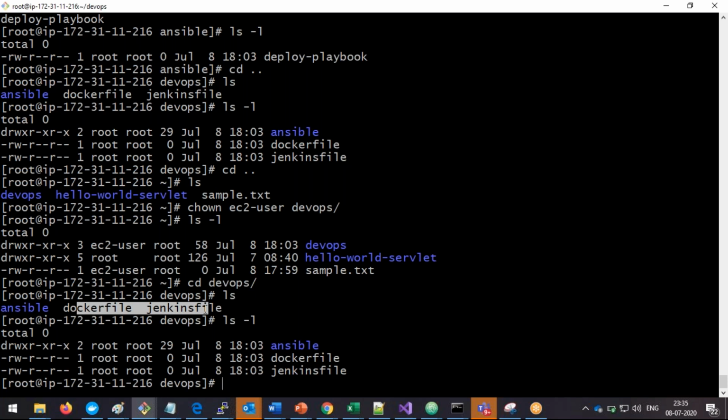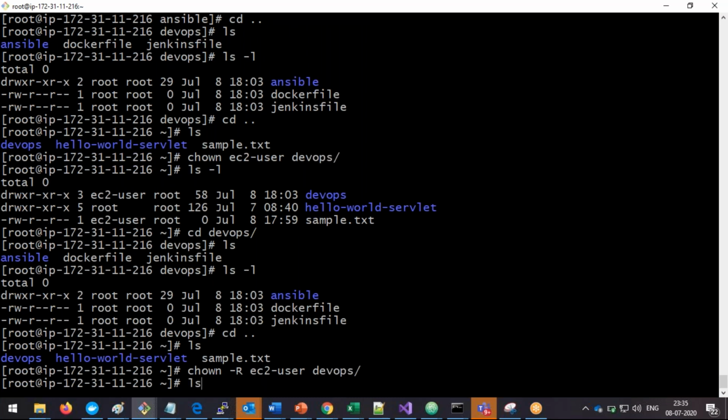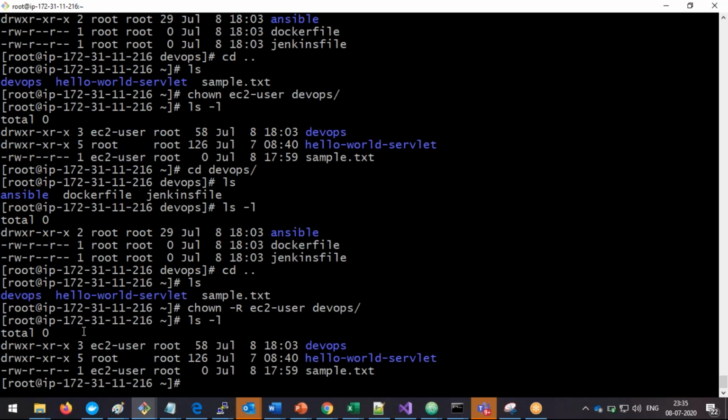So now what you can do, come out to the DevOps, where the DevOps is located. Here the DevOps is located. chown -R, recursive. Right, so now whom do you want to change? I want to change the owner information to ec2-user, for the DevOps directory. The only change is capital -R, that's it. Enter. Now ls -l, there you can see